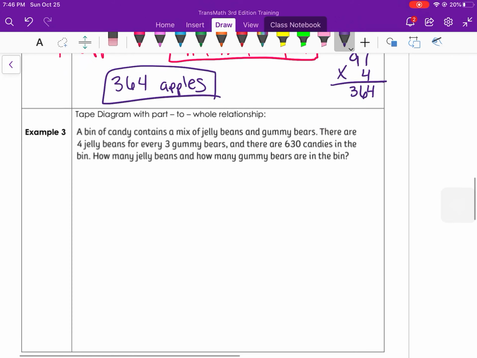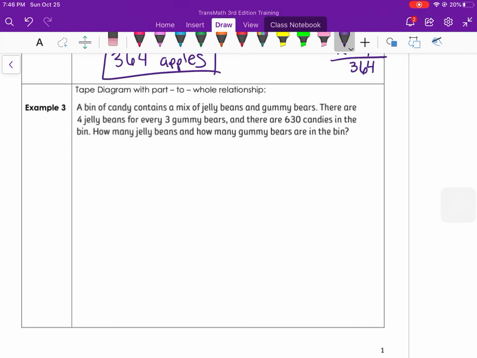Let's look at one that's a part to whole example. A bin of candy contains a mix of jelly beans and gummy bears. There are 4 jelly beans for every 3 gummy bears. There are 360 candies in the bin. How many jelly beans and how many gummy bears are in the bin? So we have a proportion of jelly beans and gummy bears. So jelly beans